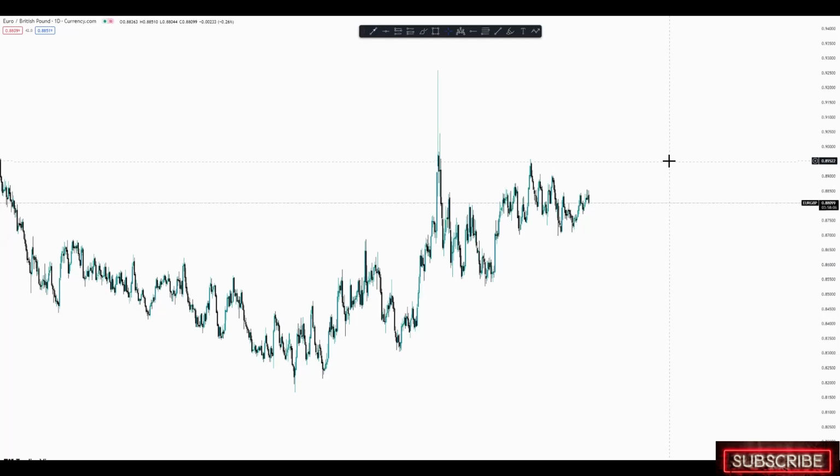So guys, straight to the point, what I will be actually doing on this one. I'll be just doing a market overview or market breakdown as usual of this currency pair and the other ones, right? So we're not gonna waste any further time. Let me get right into it. So in front of me, I have euro versus the pound, which is EURGBP, on the daily time